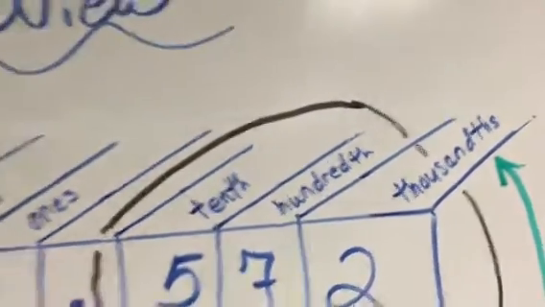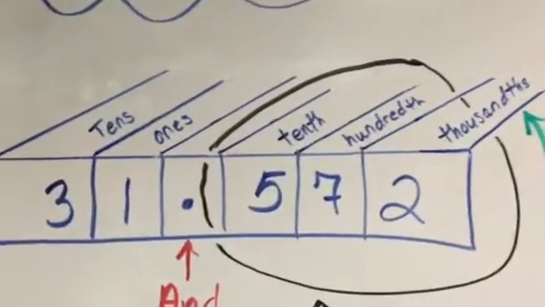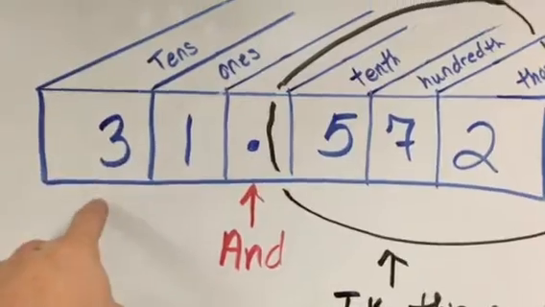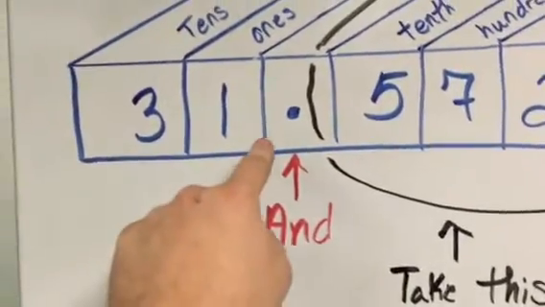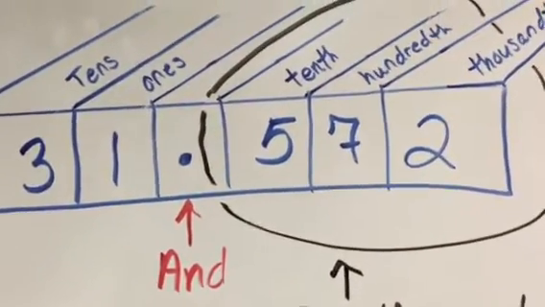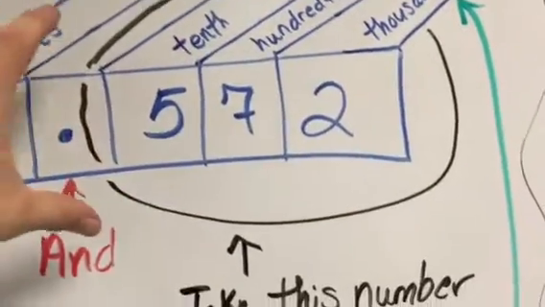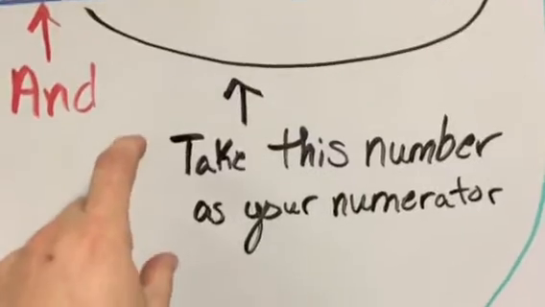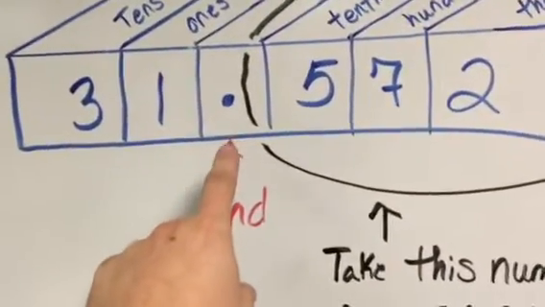All right, let's take a look at how we use these words. How are we going to say this stuff? Well, we already know that this is 3 tens and 1 one, so we're going to call this 31. The decimal point we're going to read as "and." Here's how we use the rest of it. I circled this in black. Everything after the decimal we say as one number, and this is going to be our numerator. So we're going to say 31 and